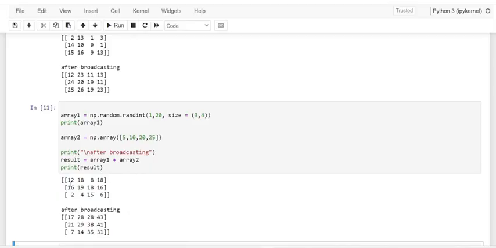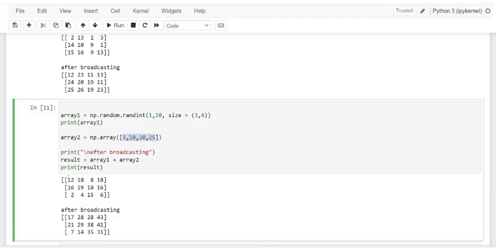Observe, dear friends, 12, 18, 8 and 18. This was added to the elements of the first row of this one-dimensional array, that is 4 columns, which has just 1 row, 4 columns, and this was applied to every single row.